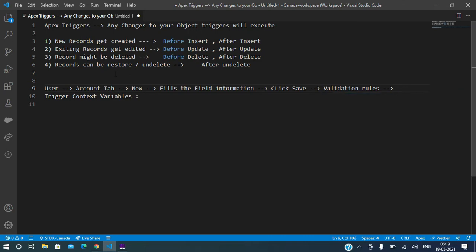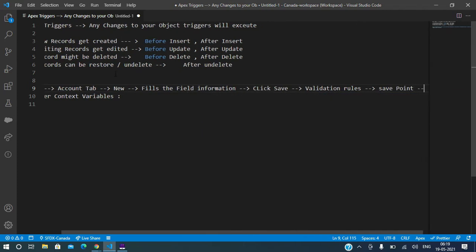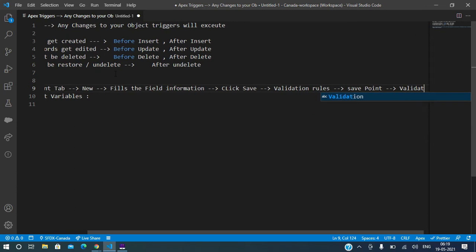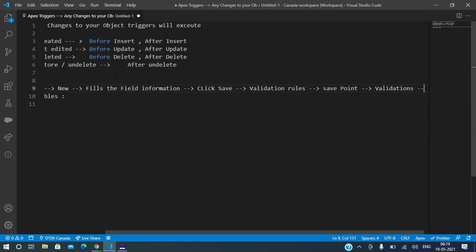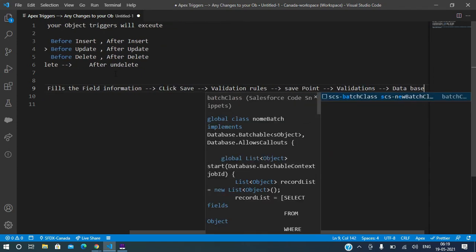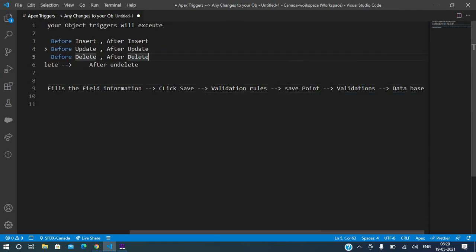Ideally, what happens? A save point, and then validations. If successful, it then goes to the database. Here, one time is a save point, and this is the final commit. This is called staged, and this is called committed.